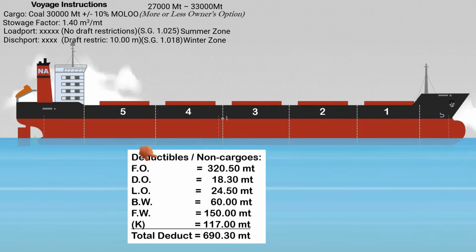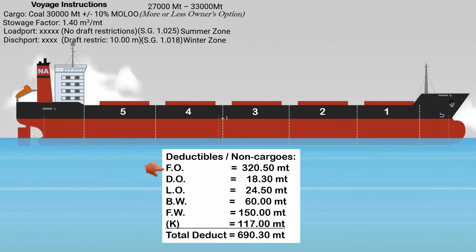First, coordinate with the chief engineer on board for the remaining fuel upon arrival at the discharging port. Let's assume that these are the ROBs given for the fuel oil, diesel oil, and lubricating oil. For the unpumped ballast and fresh water, we can determine it through sounding, and by using the ship's sounding table. Assuming that the ship's constant is 117 metric tons. The total deductibles or non-cargoes upon arrival at the discharging port is